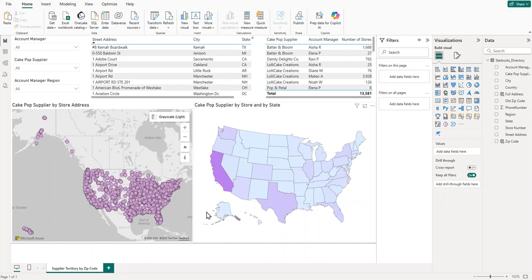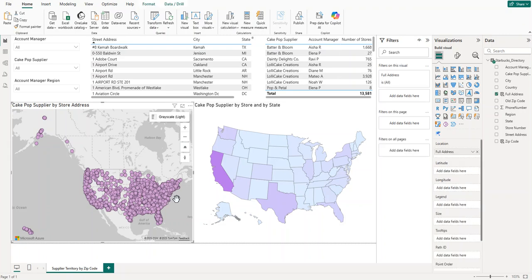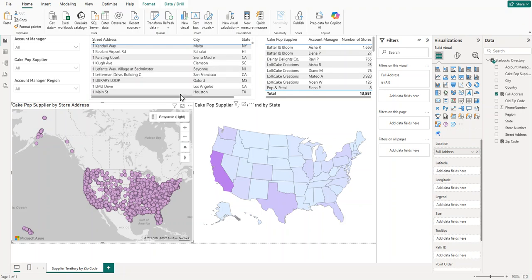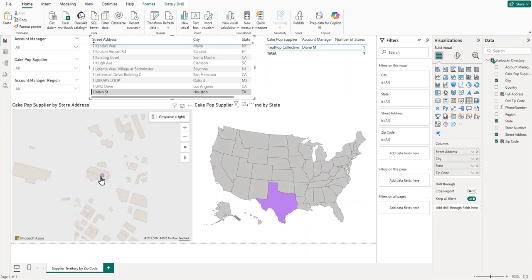Okay, guys, here are the two maps I'd like to take you through today. The first one is an Azure map, and it's made with this little icon over here. What this is showing is all the accounts in the United States broken down to the address level. So if I were to click on a random address here, the map will zoom in on that